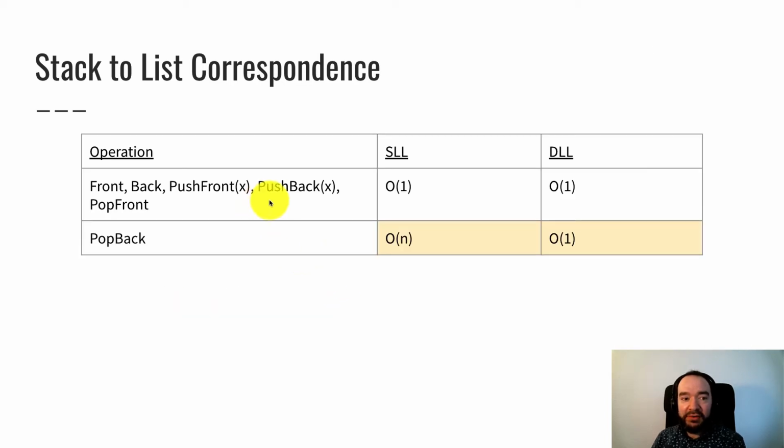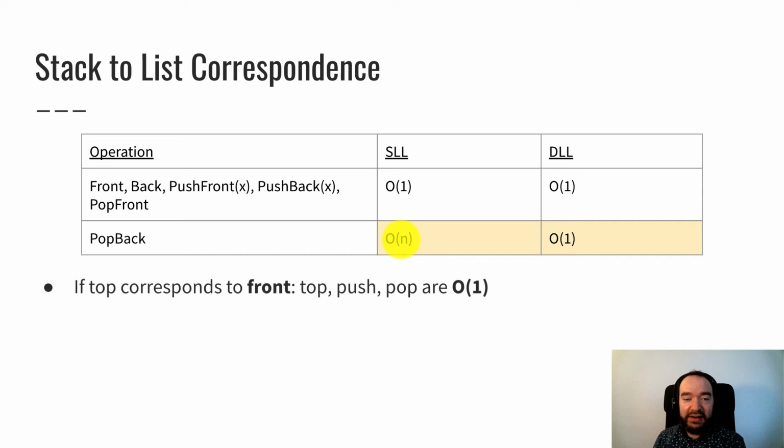Here are the relevant operations of linked lists. We have one column for singly linked lists and another column for doubly linked lists. Remember that most of the front and back operations take big O of 1, or constant time, for both structures. Getting the front, getting the back, pushing to the front, pushing to the back, and popping the front are big O of 1 for both kinds of linked list. The exception is pop back. Doubly linked lists can pop back in constant time. Singly linked list takes linear time to pop back because you need a way to get to the last node, and singly linked list doesn't have that. You have to skip past nodes.